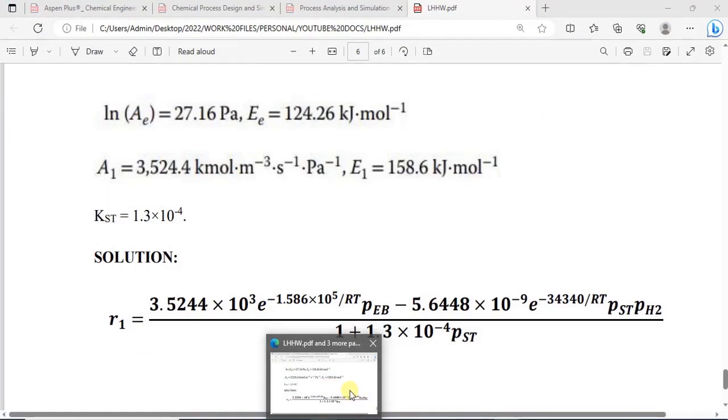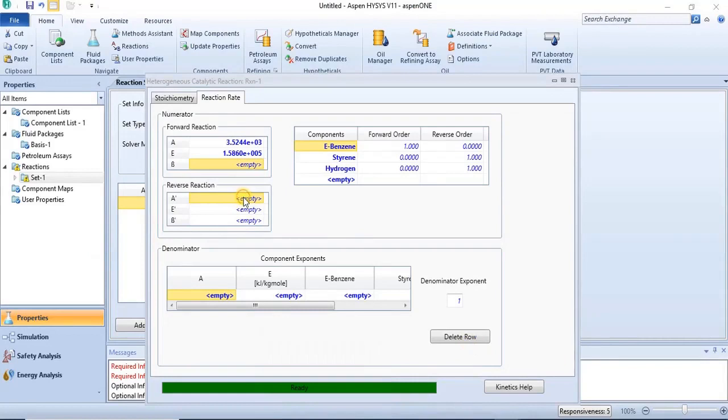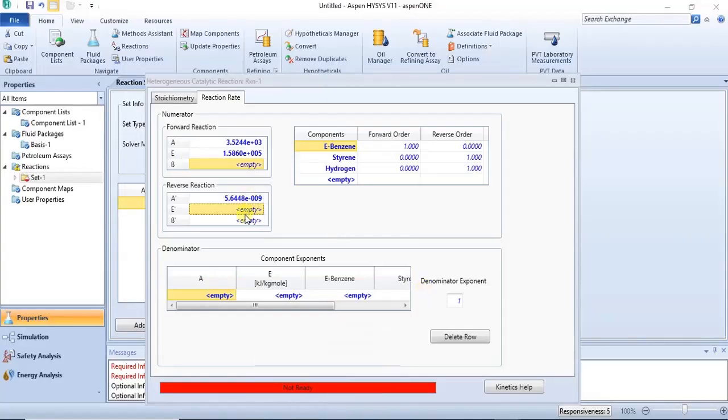So that's for that. Then for the next one, we have 5.6. That's for reverse. 5.6448 e raised to power minus 9, right? This is the value, 5.6448 e raised to power minus 9. Then we have 34340, right? So if you still have issues trying to understand these kinetic parameters, I will urge you to watch